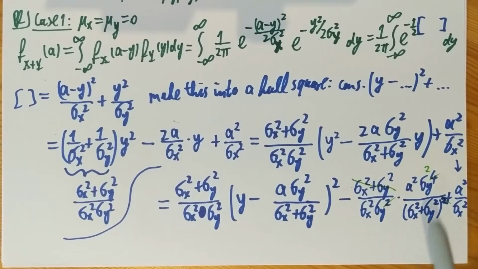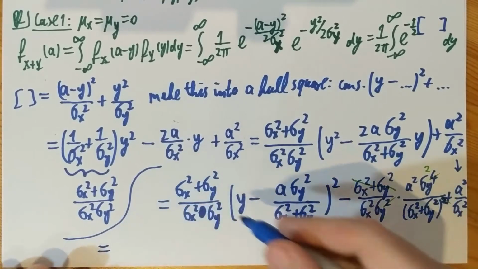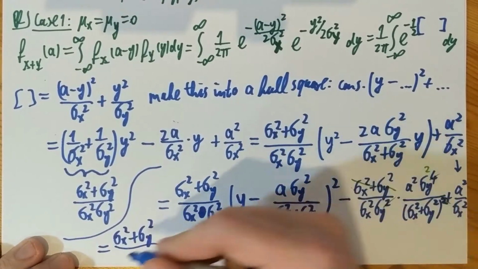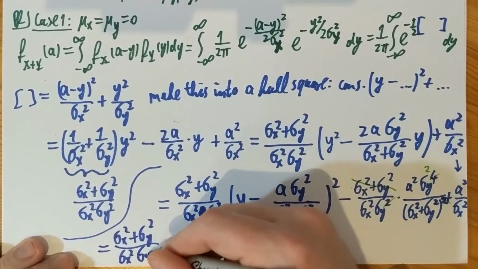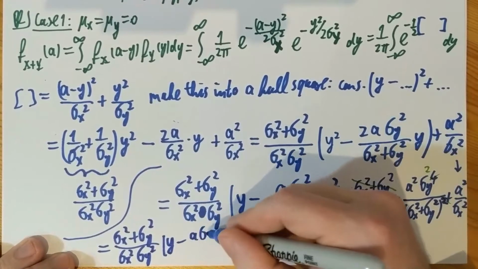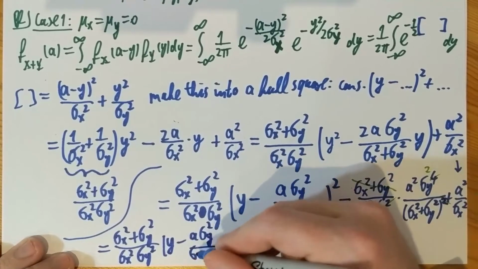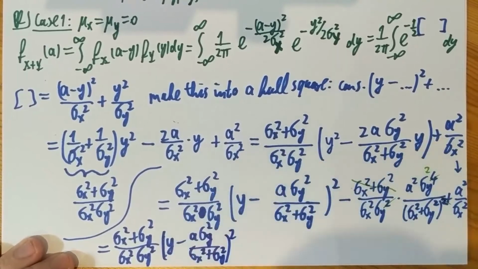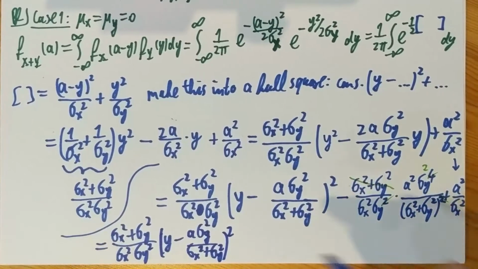I can factor out an a square, and I can factor out a sigma x square, and that will give me this term here in front, sigma x square plus sigma y square over sigma x square sigma y square, y minus this stuff a sigma y square over sigma x square plus sigma y square to the full square, and then I have a minus